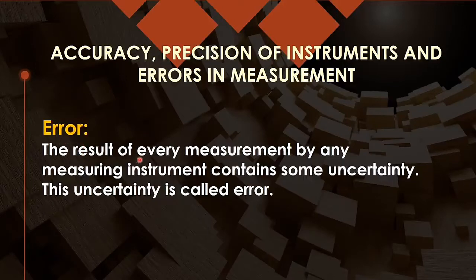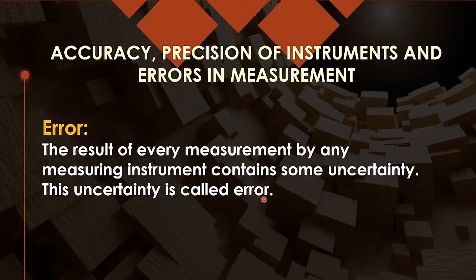When we take any measurement, like even if you are taking distance by using your simple meter scale, then also you may get some error. Maybe you are not measuring the division properly, maybe you are not keeping the scale properly, or you are not keeping your eye properly, having parallax, or some other distraction is there, you are not very serious about things, then also you will get some error. And that result is there in the measuring instrument, that is, some uncertainty is there. That uncertainty, which means you are not sure, is termed as error.